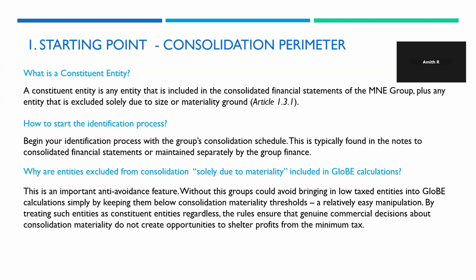They could have managed the whole thing with just one company. We ourselves are dealing with certain groups which have 24 companies in UAE, right? Instead of just one which can do all the functions that the 24 do. Most of them are not even there. So that is how, if you incorporate more companies, you can exclude these profit makers from coming into the consolidated financial statements on the ground of materiality. Is that clear? So that is why GloBE rules say that even if you exclude based on materiality in consolidated FS as per IFRS 10, still